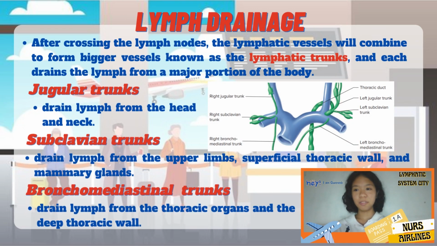After crossing the lymph nodes, the lymphatic vessels will combine to form bigger vessels known as the lymphatic trunks, and each drains the lymph from a major portion of the body. First, the jugular trunks drain lymph from the head and neck. The subclavian trunks are responsible for the upper limbs, superficial thoracic wall, and mammary glands. Then the bronchomediastinal trunks drain lymph from the thoracic organs and the deep thoracic wall,